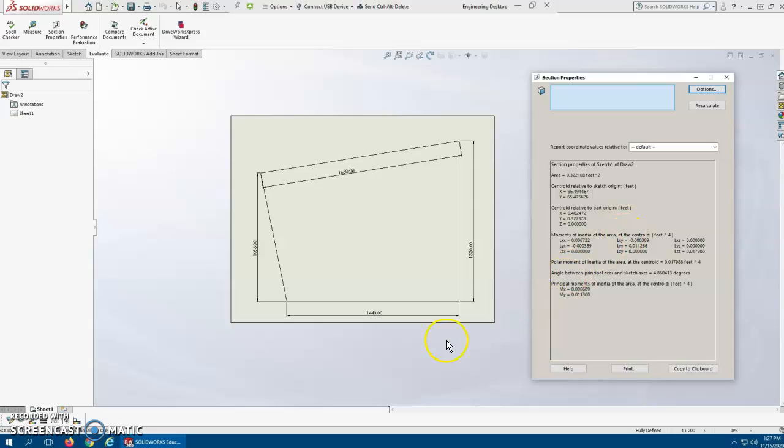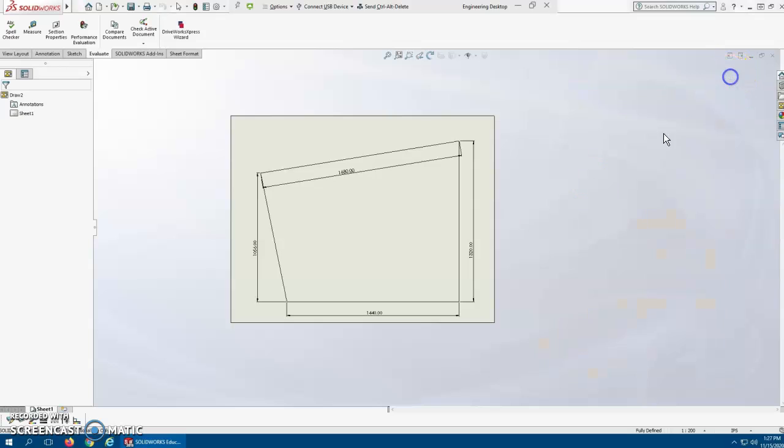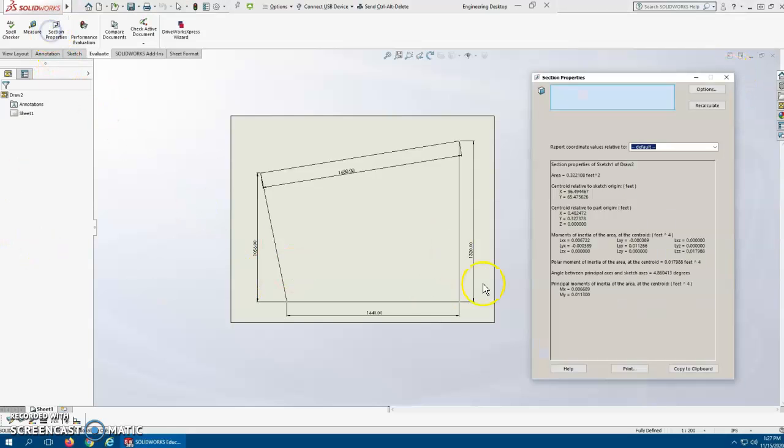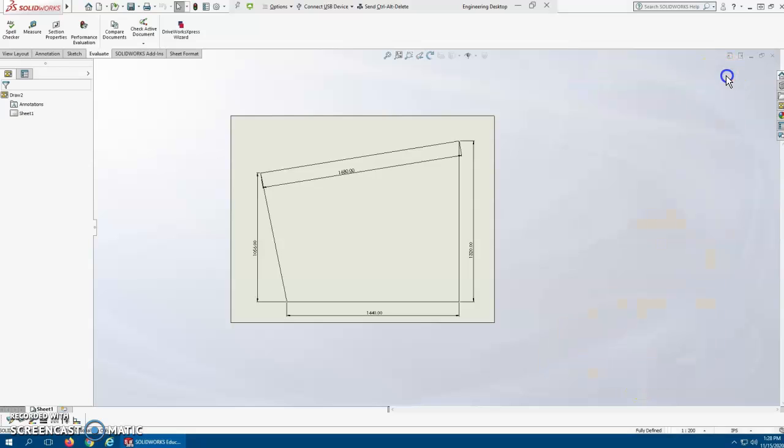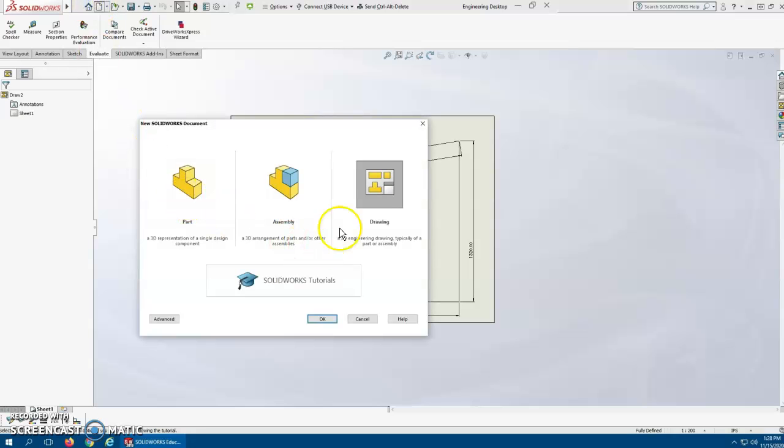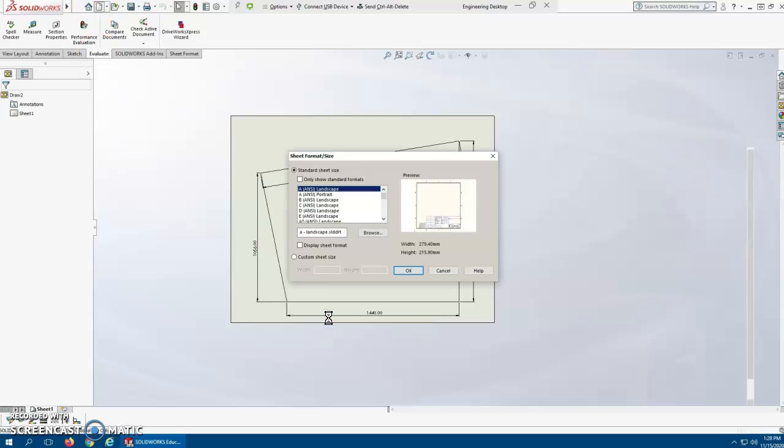So let's do one other thing, something that can help you out in some of your other classes, because you'll notice that it also had centroidal and moments of inertia properties. This will be really helpful so you don't have to do a parallel axis theorem and whatnot. So let's go back to another